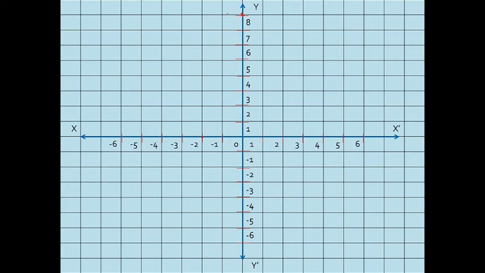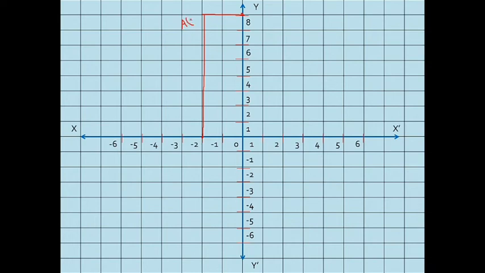So we will draw a line and see where they meet. Here it is 8 on the y-axis and -2 on the x-axis. We join these lines, they intersect here, so we name it point A,